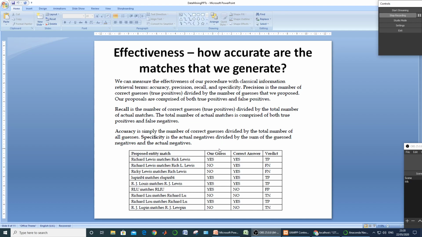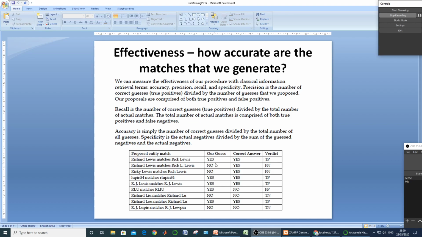So let us try to understand this concept of true positives, true negatives, false positives, false negatives by an example. This is the representation of the result generated by a particular entity matching algorithm, which says in the first column that Richard Lewis matches Rick Lewis.